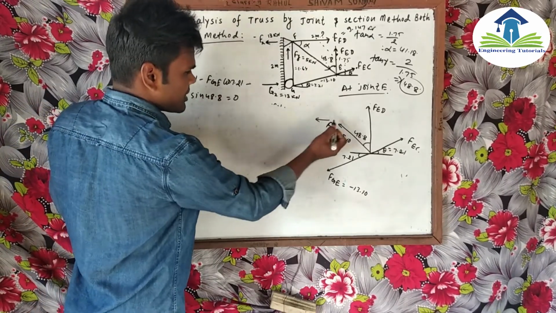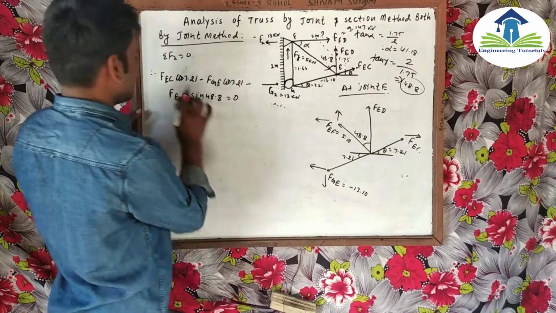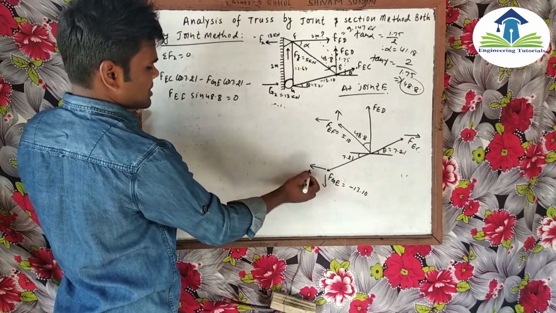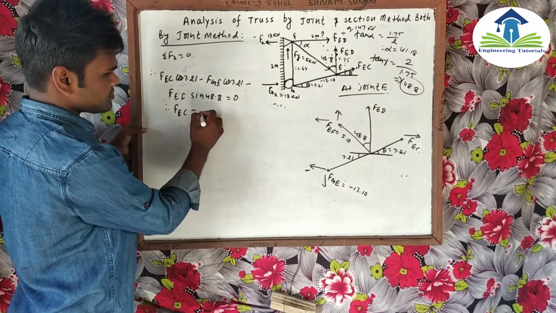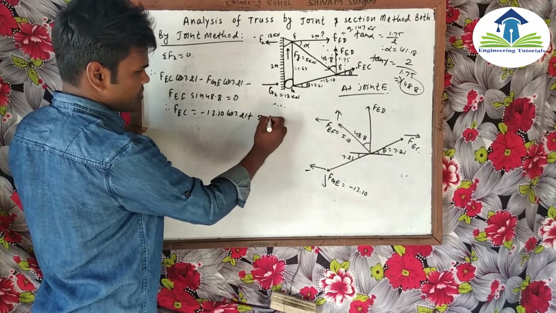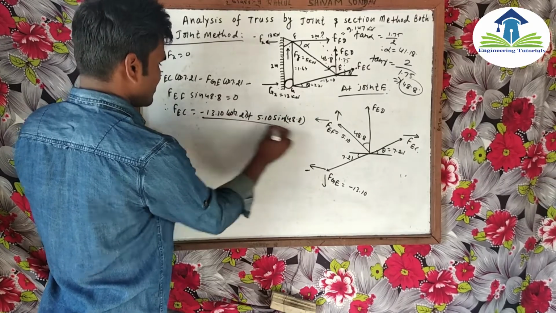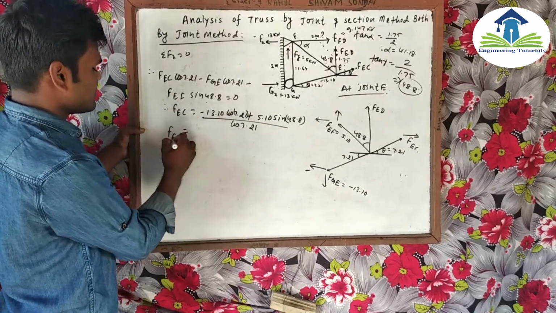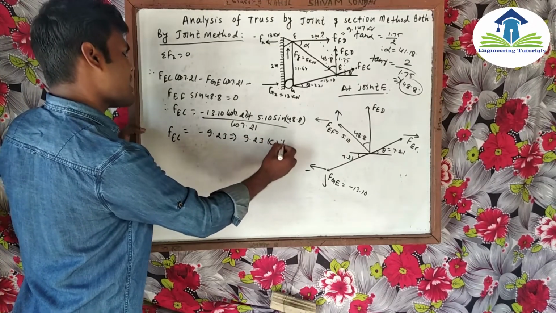This is in the negative direction, this is also in the negative direction, and this is the positive direction. So this is positive, and the remaining, FEF, is negative, and FGE is negative. After calculating this, FEC value minus 30. I am going to write directly the value of member forces: 5.10 sin 48.8 divided by cos 7.21. After calculating this value, the value of FEC is minus 9.23. Means 9.23 is